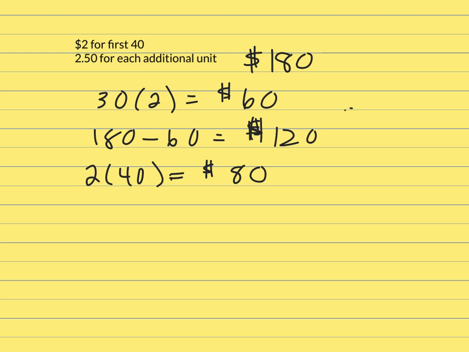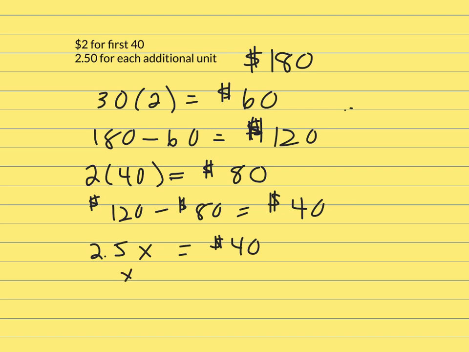All right, so how much money's left over? He's 120 minus 80. So he's got a total of $40 that we need to figure out the number of units on that. So we'll maximize this. So maximizing, that means for the units over 40, he gets $2.50. So $2.50 times however many units, X, will give me $40. So X equals